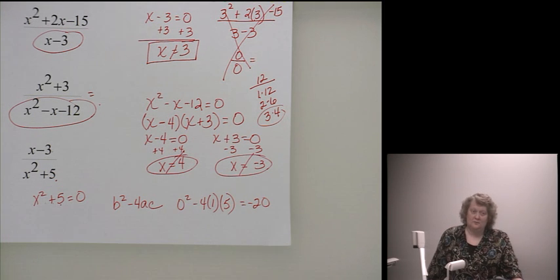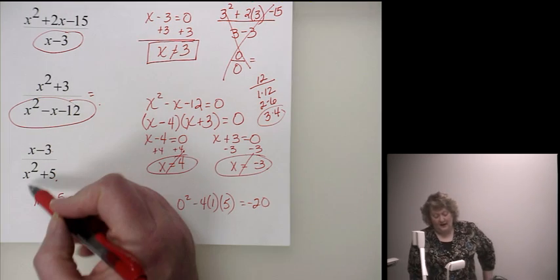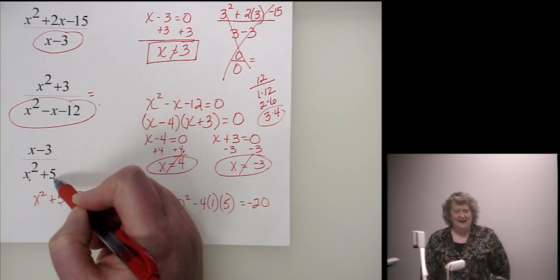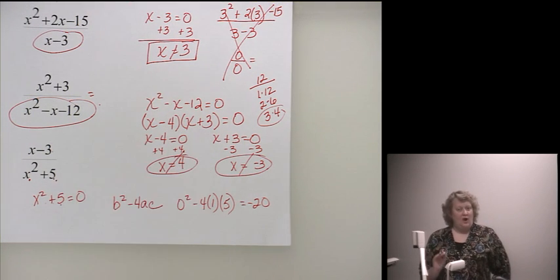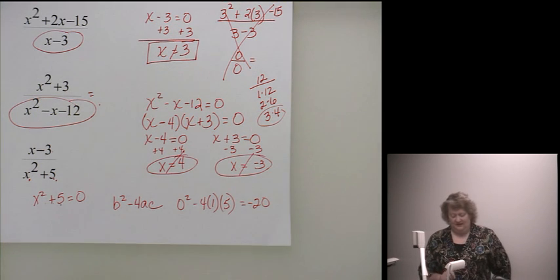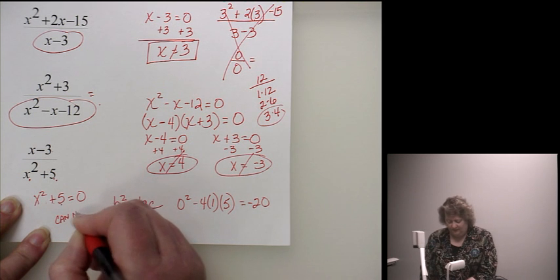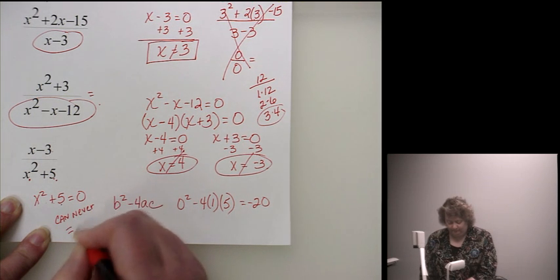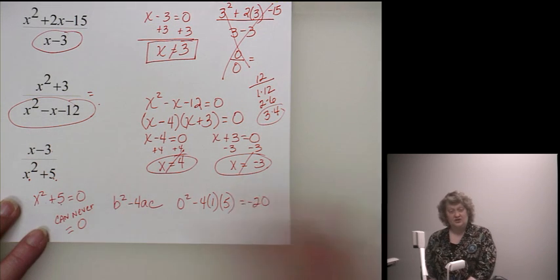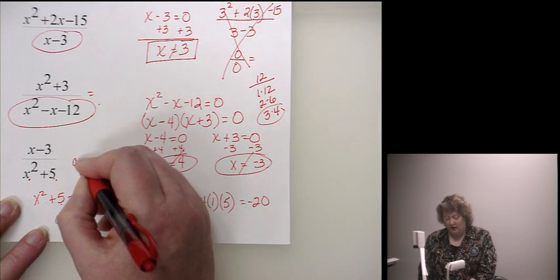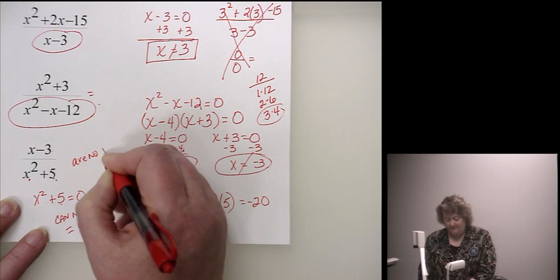A positive number plus 5 is not going to get me to 0. X squared is always going to be positive. Any positive number plus 5 can never equal 0. So just my logic looking at this tells me that this can never equal 0. So there's no place where this will be 0. So for this one, find any values. There are no values